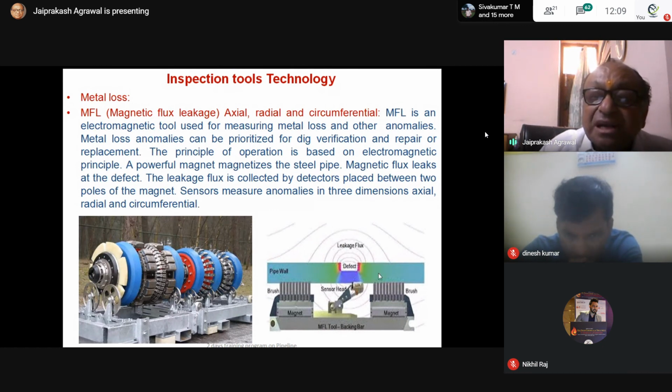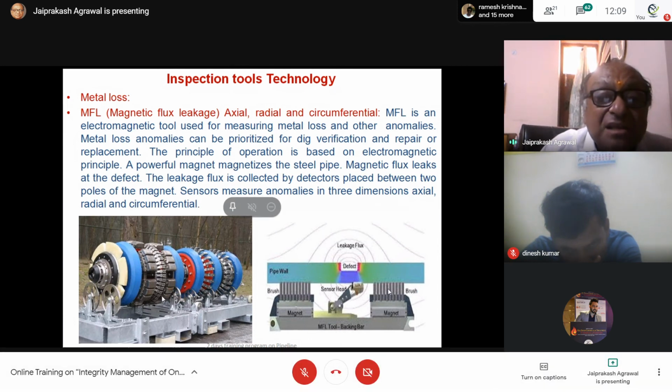So this is a conductor, and when the magnetic field changes at the defect, the magnetic lines go through the air and the defect, and here the leakage flux is there. Because it leaks through the air, this leakage flux passes through the sensor element. Leakage flux is recorded, and consequently a voltage is developed in the coil. There is a sensor coil.